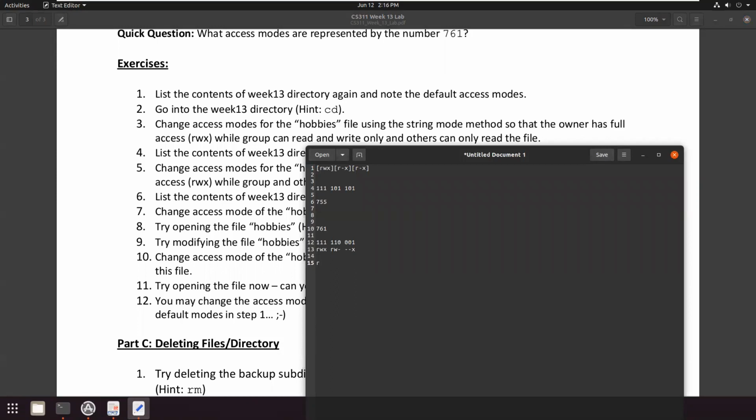Read, then no write and execute for the owner. Then for the group, there's read but no write and execute. Then for the third one, that is the others, there is a read but no write and execute. When we convert this into binary, we get 1 0 0, 1 0 0 and 1 0 0, and then converted to decimal, 1 0 0 in decimal is 4, again 4 and 4 again. So the permission is 444.